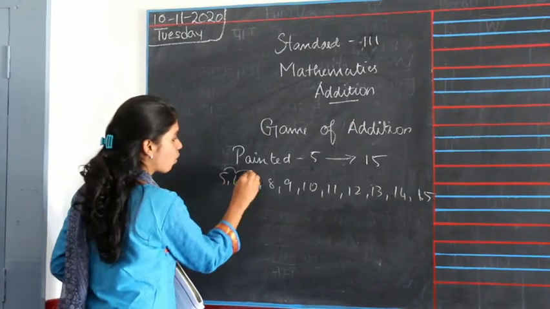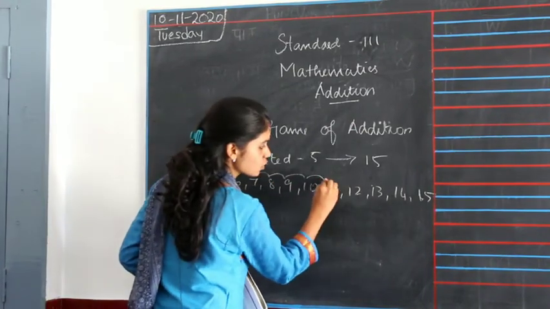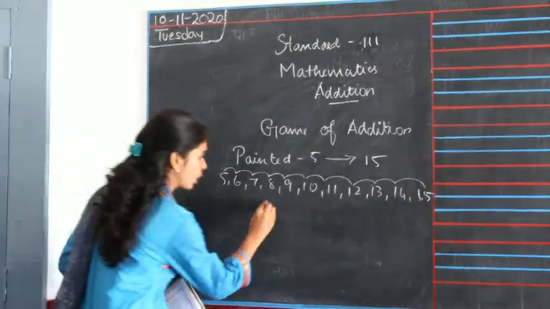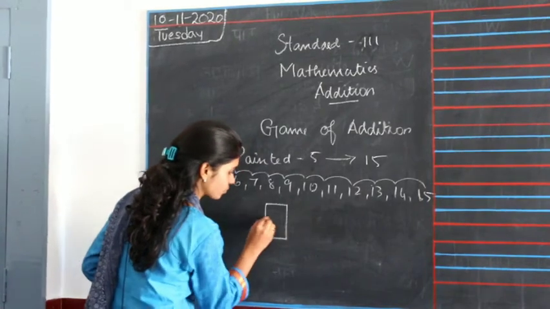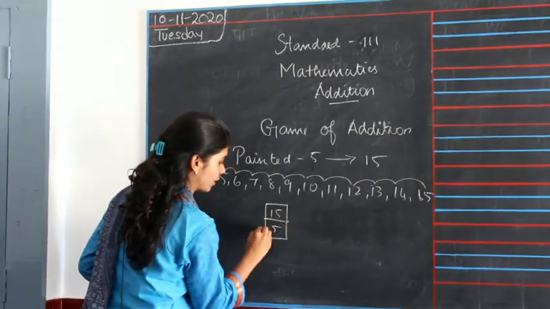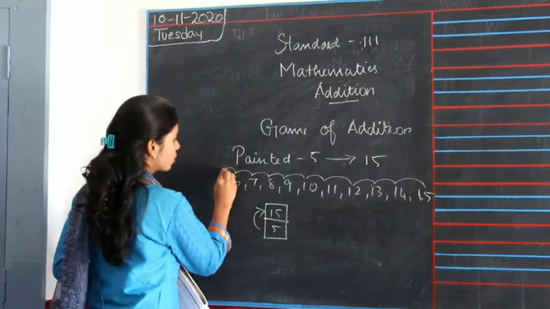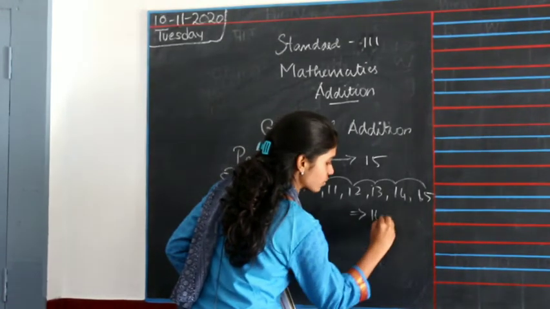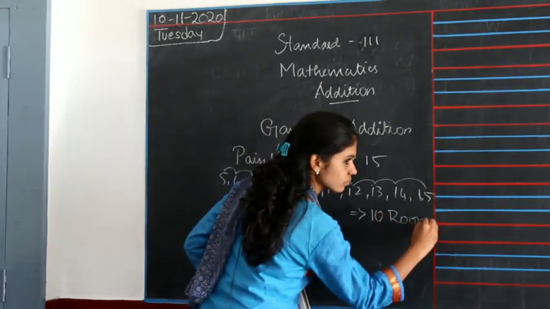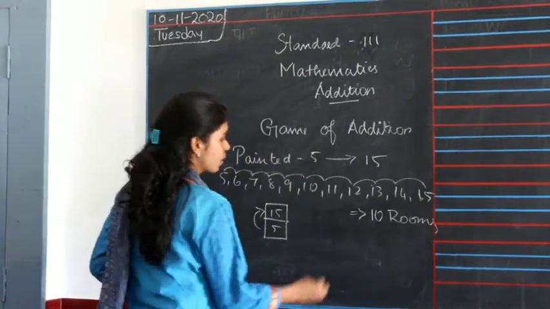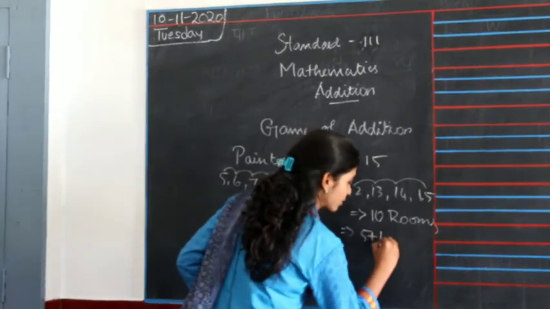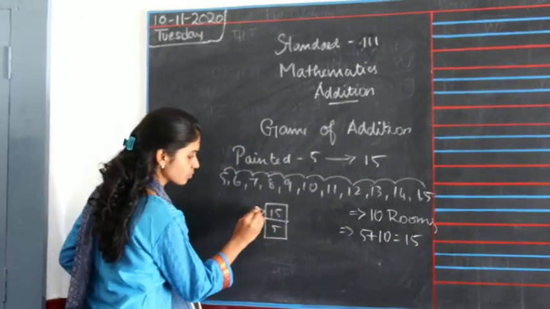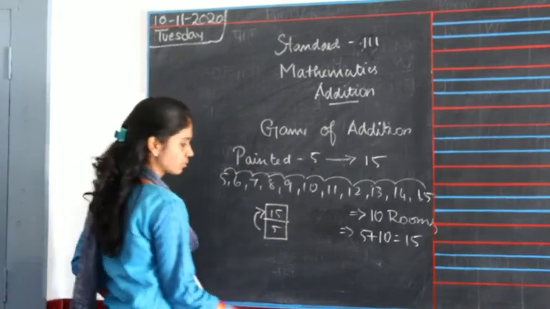He can pass every room and then reach room number 15 which he wanted to reach, or he can jump from room number 5 to room number 15. Here passing, he needs to pass 10 rooms, which will be 5 plus 10. Or he can jump 5 from 5 to 15, which is also